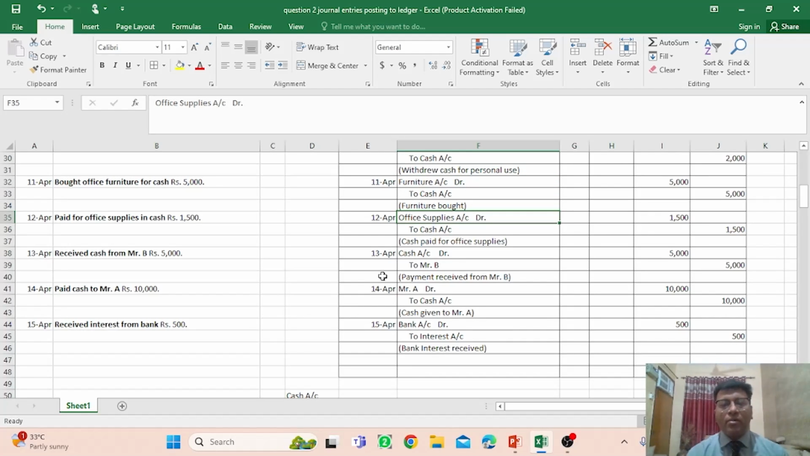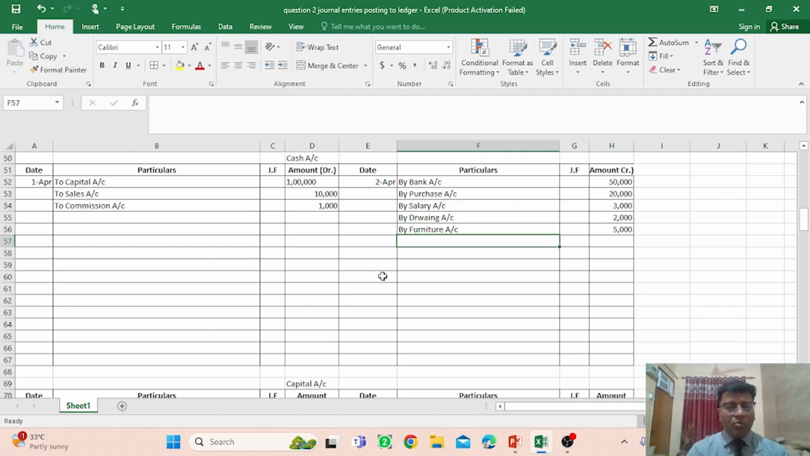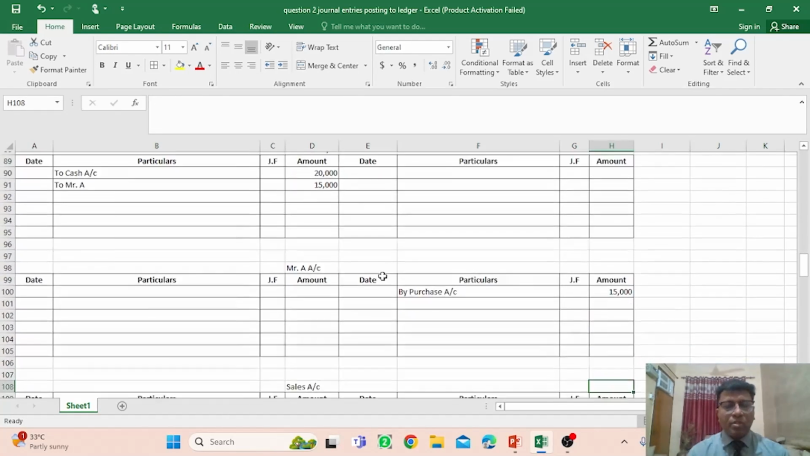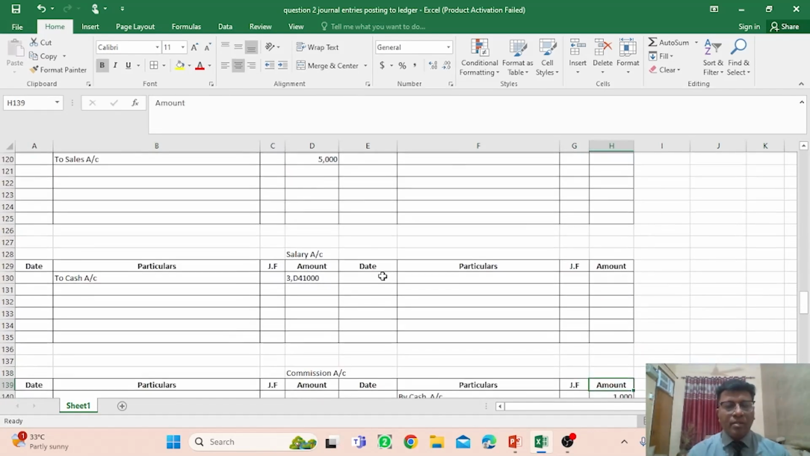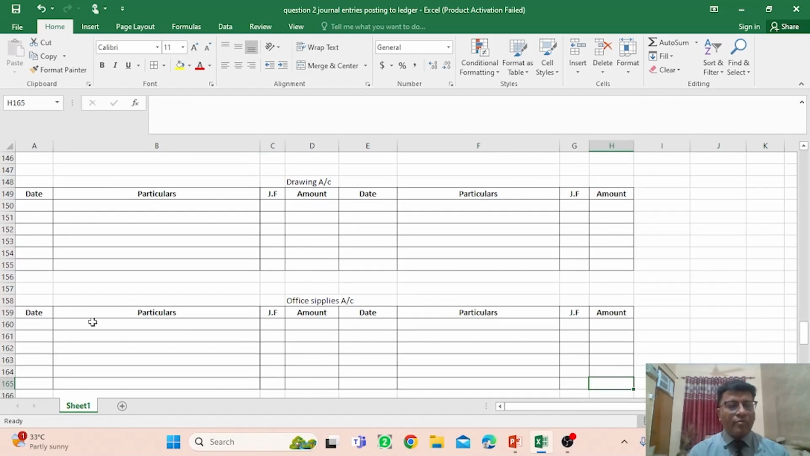So office supplies account, the next transaction on April 12, office supplies account debit to cash 1,500, right? Office supplies to cash. So by office supplies account 1,500, and in the office supplies account we need to mention "to cash" 1,500, right? So this is the office supplies account, and you have to mention to cash account because it was assumed as the expenses, so you need to make it debit here,